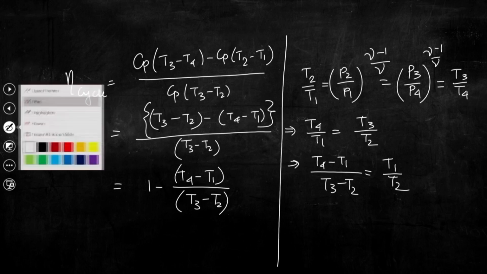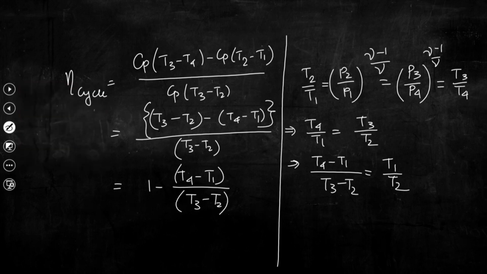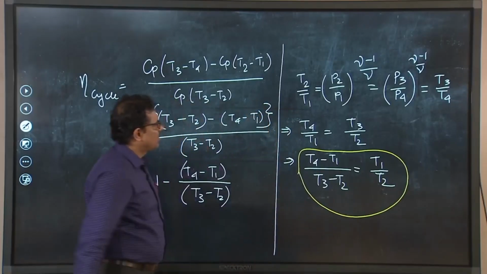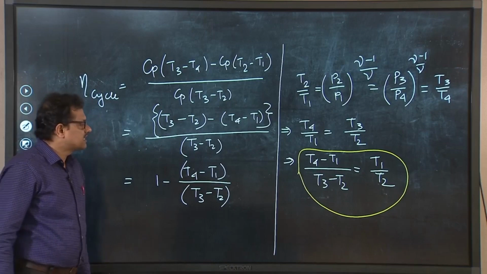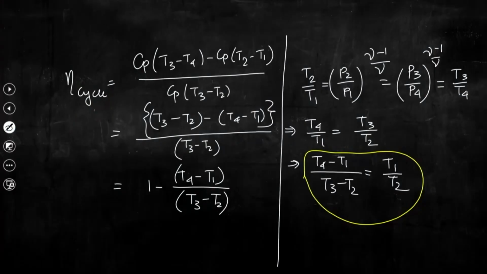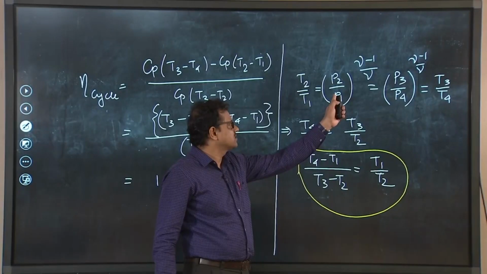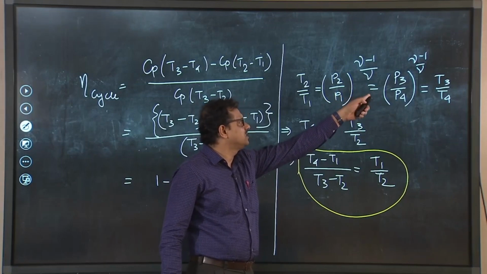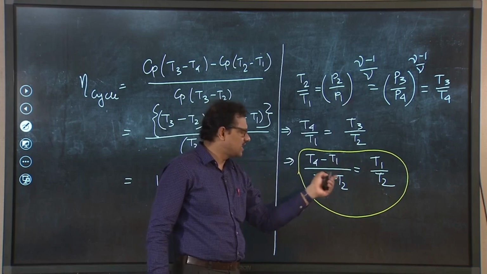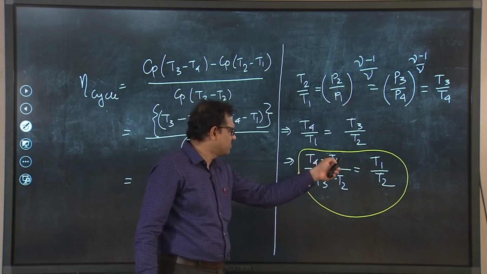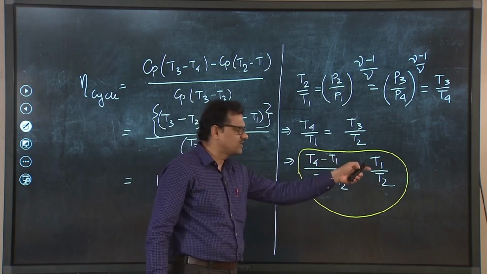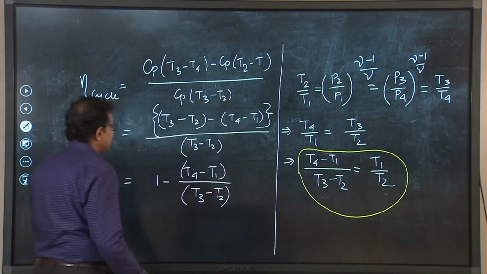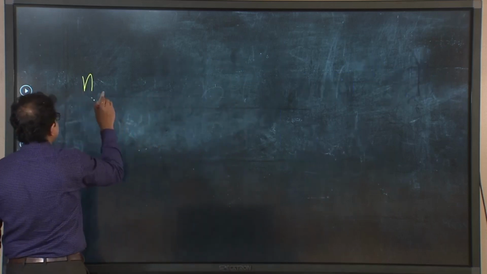So, this is what we had obtained using the air standard equation by representing the compression process like this, and then because P4 equal to P1 and P3 equal to P2, we could write the ratio of T4 minus T1 to T3 minus T2 as T1 by T2. So, we can write again, then cycle efficiency